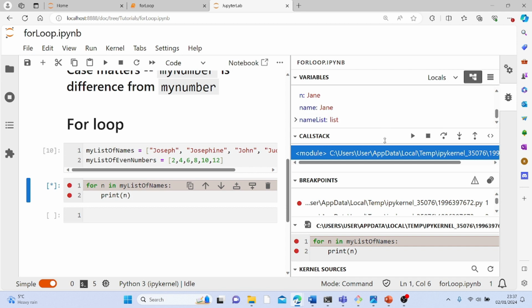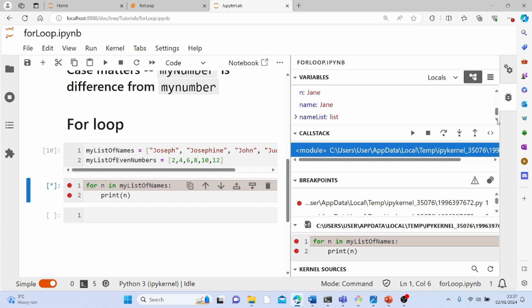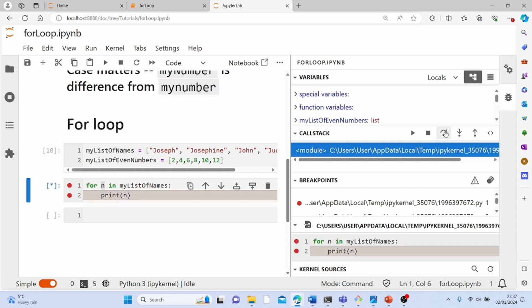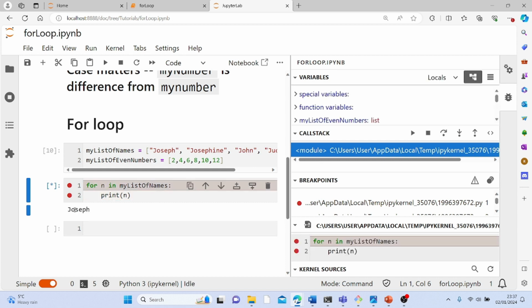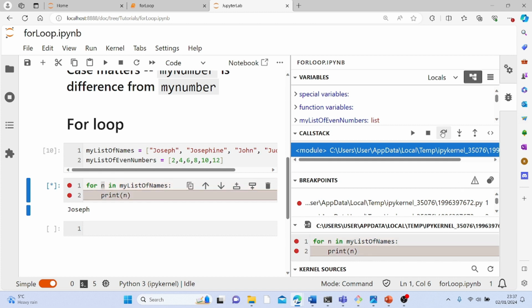So we have a list of names, and we have n. This is n here. If I step in now, so this is our n here. The n now has Joseph. You can see that n has Joseph. Now if I step through, it prints Joseph. You can see it prints Joseph, and the next step, if you click here, it goes back to the